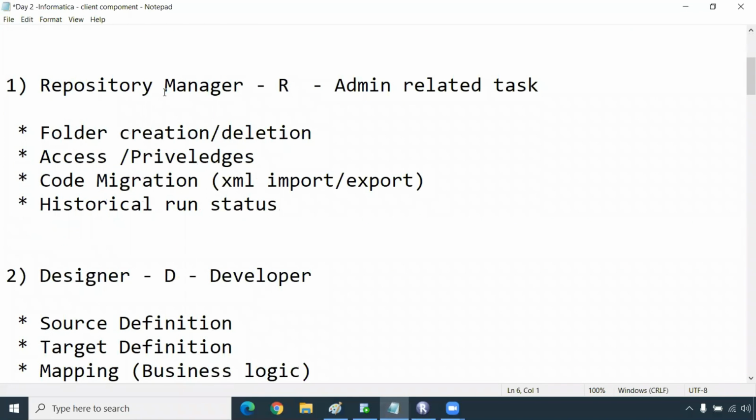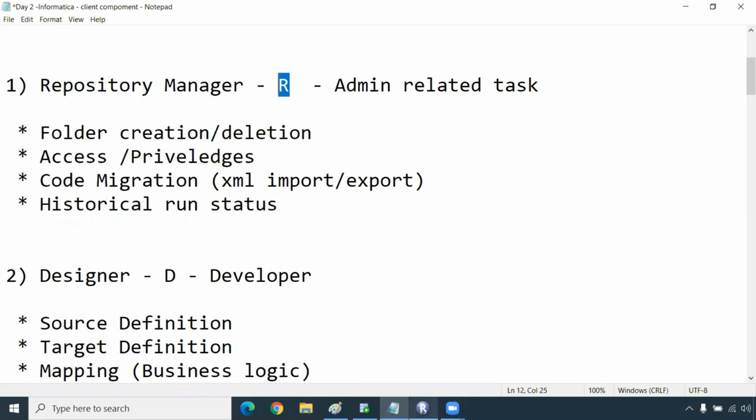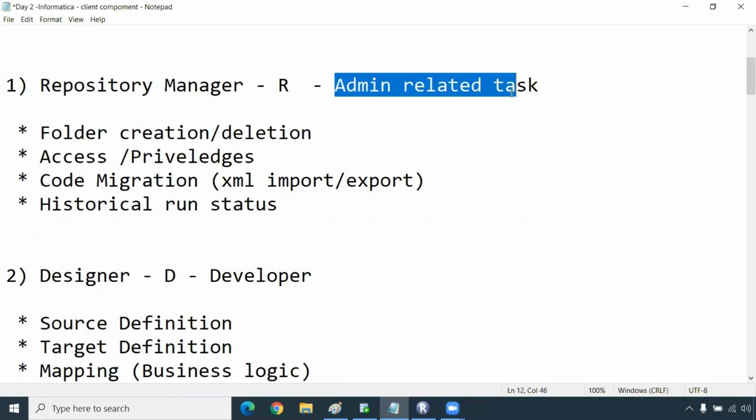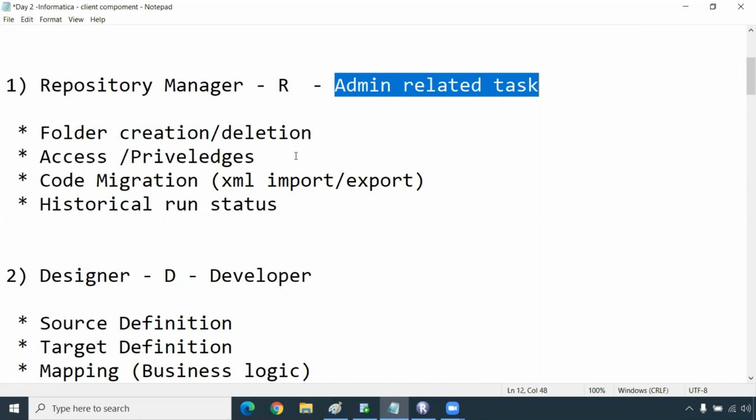The first tool is the Repository Manager, denoted as R here. It is used to do all the admin related tasks. So what are the admin related tasks? We can create a folder for our project, and we can provide some access and privileges. Once the code has been developed, we can export the XML or import the XML.